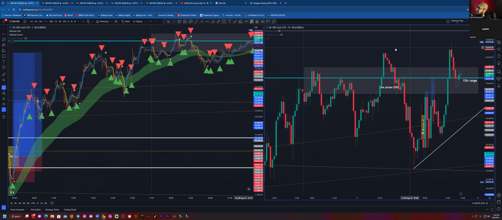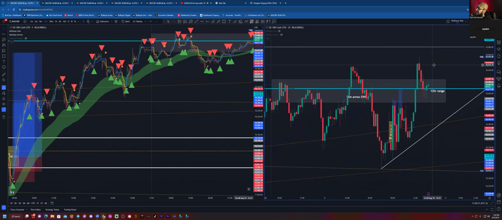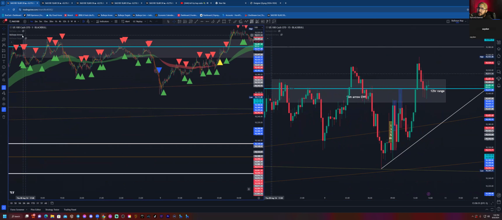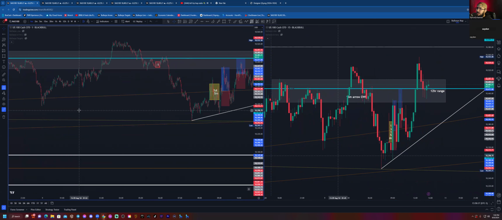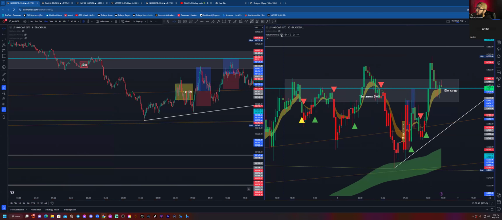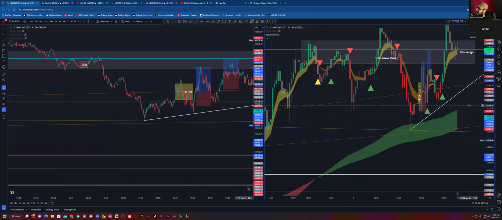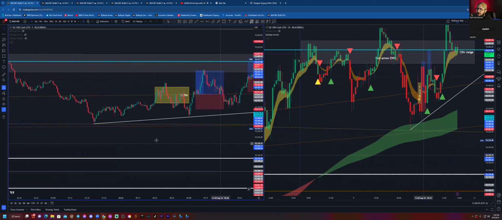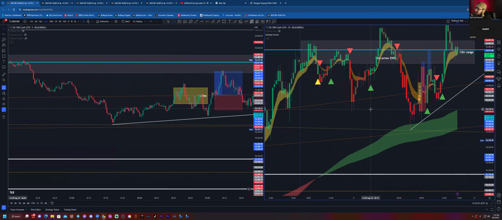Okay. Let's look at 15-minute time frame together. All right, here we go. What do we see on the 15-minute time frame? We see a green cloud. Now, I think this green cloud is very significant because we came and touched it over at 7:30 and bounced up. Okay. So now at 8:30, what is the most recent